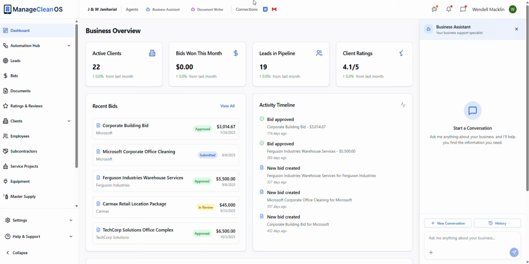This is a quick overview of the ManageClean OS system. As you can see, there's a lot of things going on here. The platform is built for janitorial businesses to run their operations through the ManageClean OS system. It actually has incorporated agents in it, and that would be AI agents. It allows different connections to your Google Calendar, your Google Gmail, and it allows the agents to actually utilize those